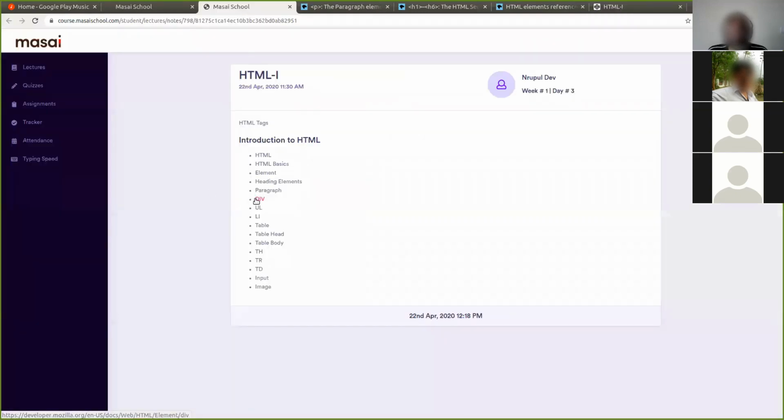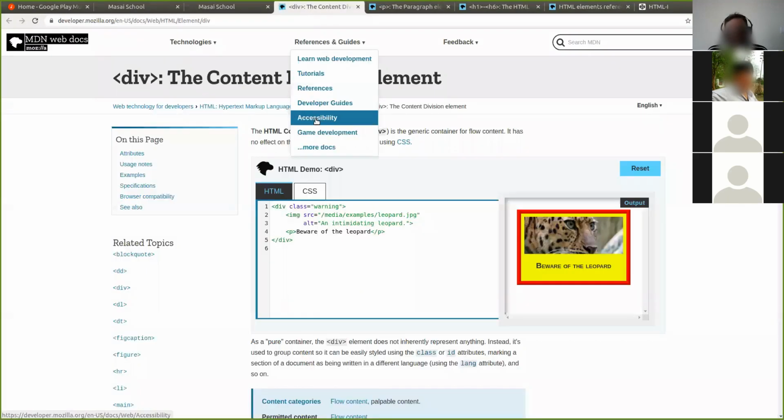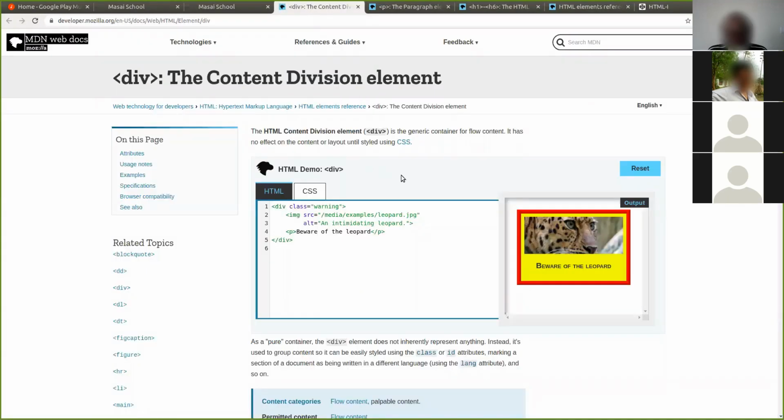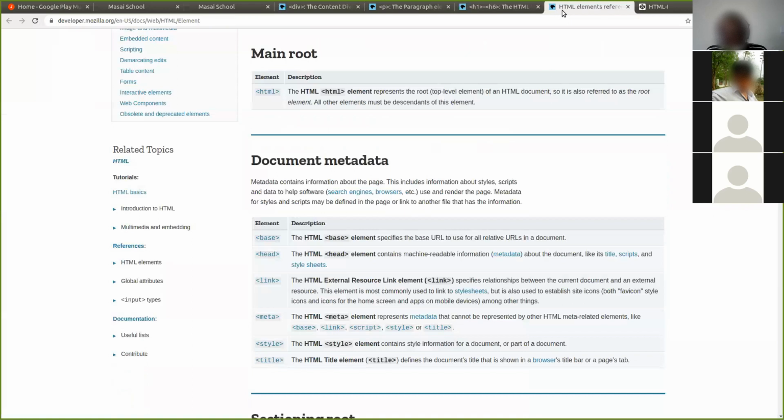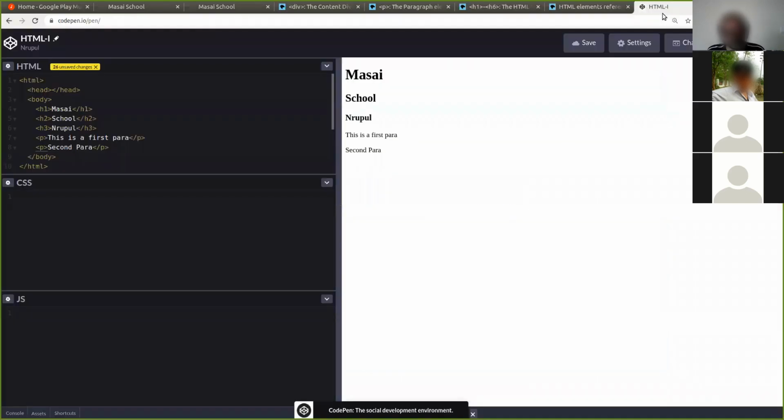Now comes the div. Div is one of the most important elements which people started using in recent times. It's a division element. You can see here there are so many parts of the page: one top part, left side, right side. When pages become very complicated, people started thinking to organize all these things. That's when people started using divs. So what is a div? If you just create a div, nothing will happen. It has no style. It will simply put the text.